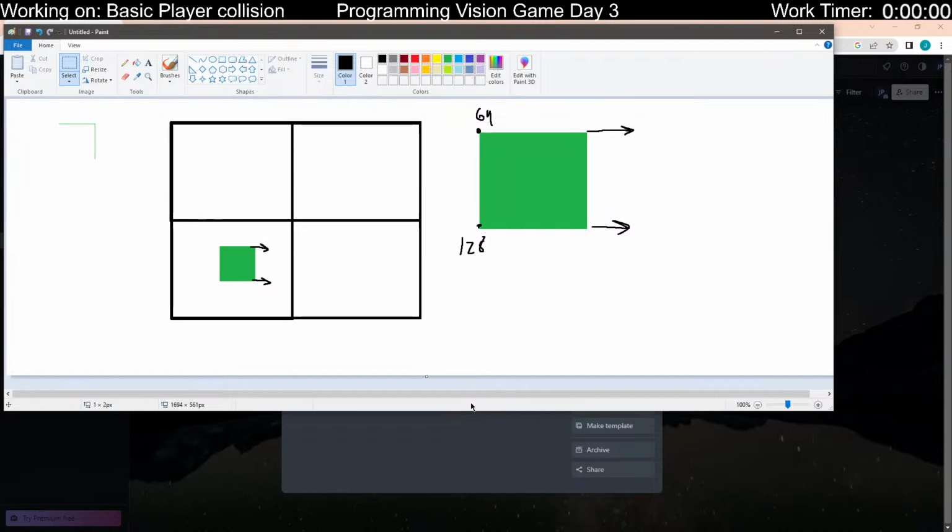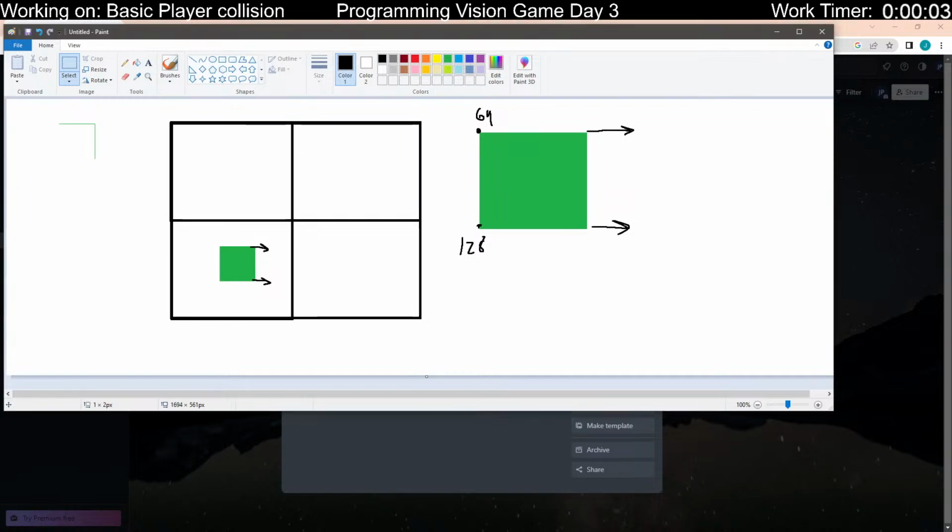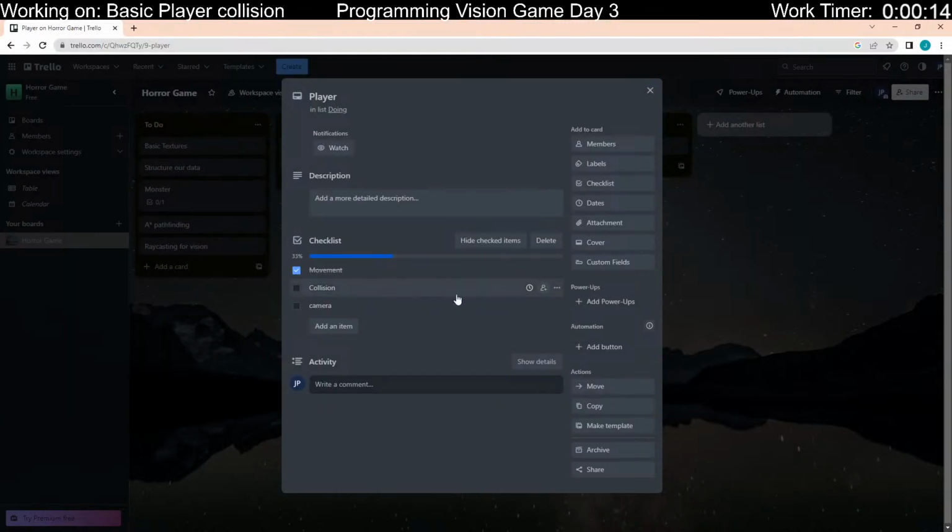So I'm just gonna write this down in my journal real quick so I can plan it out correctly, and we will get to actually programming it. And I forgot my work timer. Start. So basically we need, let me just write this down. I'll just write it down in Trello. So for collision,